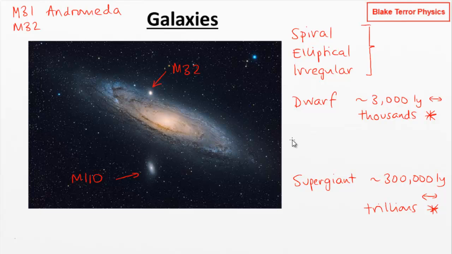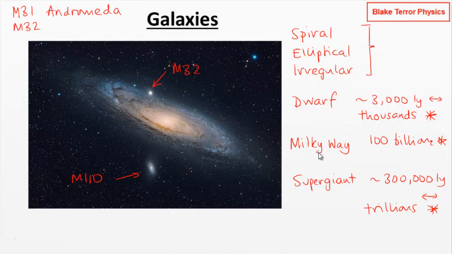As a comparison for these, let's take our galaxy, the Milky Way, which in terms of number of stars is maybe 100 billion stars, something like that. So we're fitting it in between these two extremes. But the Milky Way is a pretty substantial galaxy. It's bigger than average, but it's not crazily big. So that's what's happening there in terms of the size of individual galaxies.